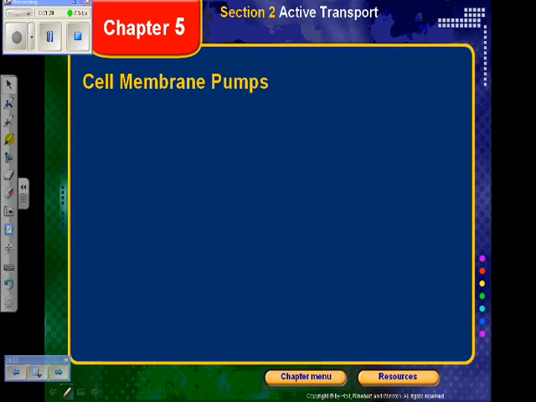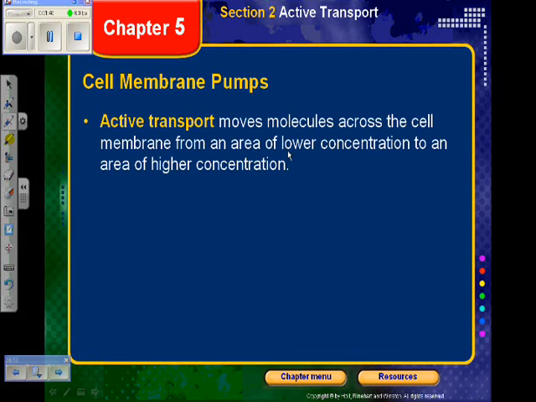As their name implies, membrane pumps are found in the plasma membrane. And as when we learned about the plasma membrane, we're talking about proteins that are found in the membrane. And membrane pumps are going to require energy because they're going to be doing work, active transport. And active transport, let's define that first. Active transport,